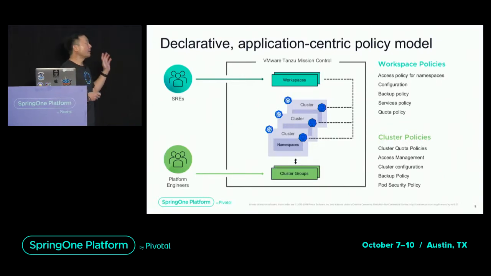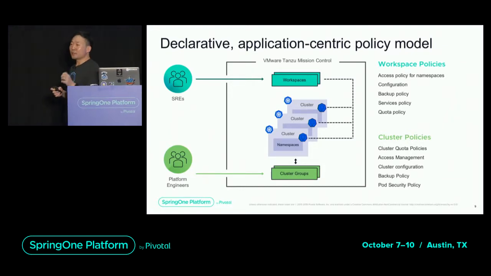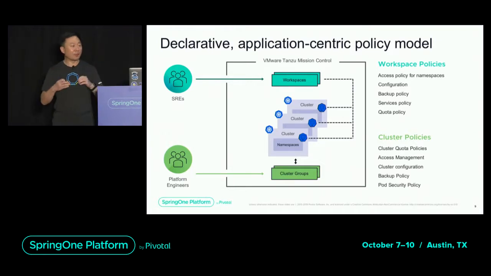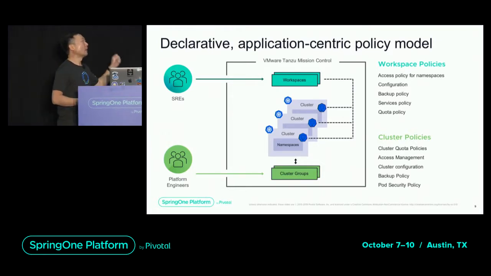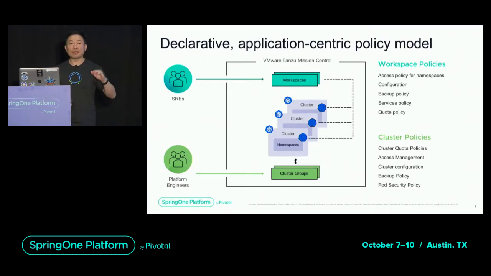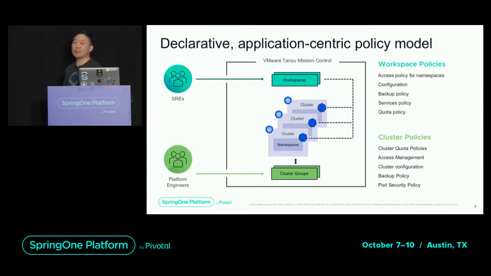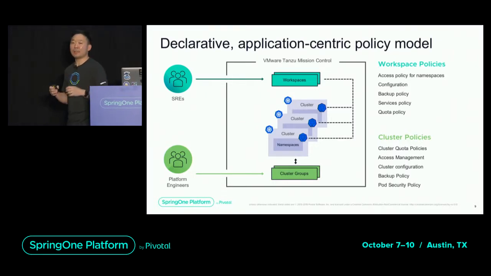Of course, this is not a trivial one-time kind of thing to get going. It takes a little bit of work to actually set up your systems in a way that can leverage all this. One of the things that we decided to do architecturally when we started building this product is that we wanted to apply as many of the Kubernetes principles as we can in building this